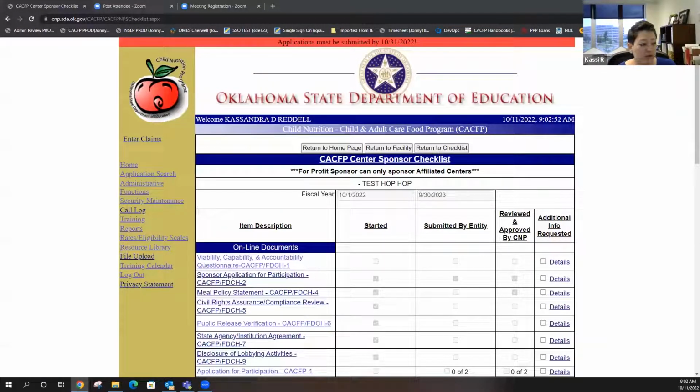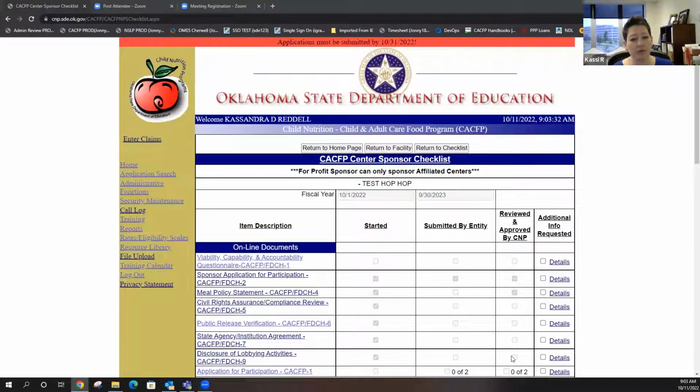So we got a pretty good group in here this morning, about 30 of us, with a good mixture of all kinds of different types of institutions. Have any of you been to any of the other application trainings yet, or is this your first one? We had 2 full ones last week, then one just for school at risk, and one just for family daycare home sponsors, because those folks operate a little bit differently. So this training is set up to be more of a live Q&A. It looks like we have some that haven't attended yet.